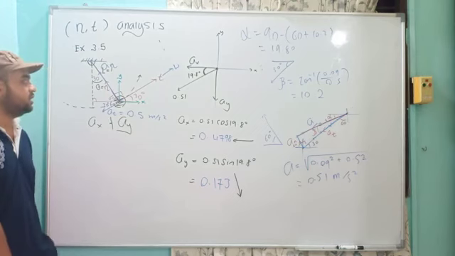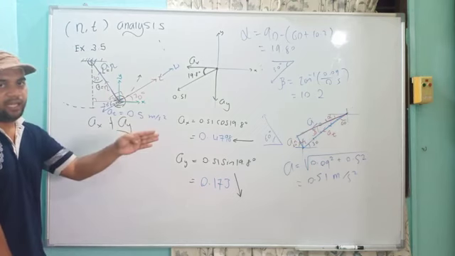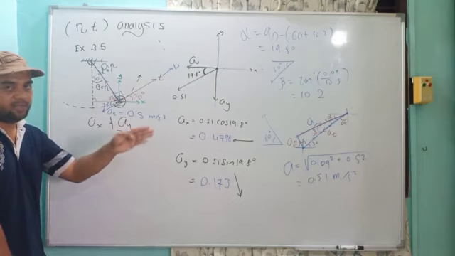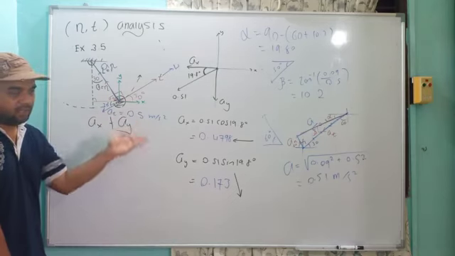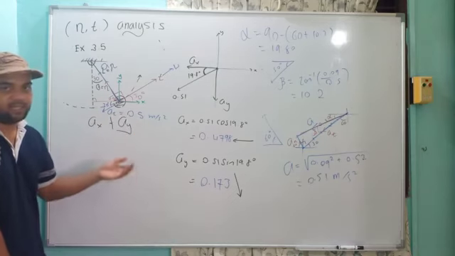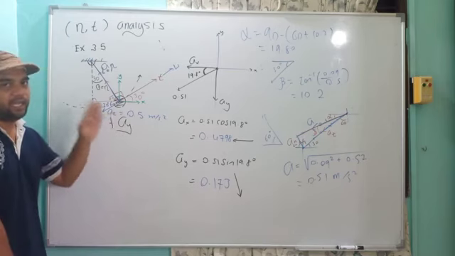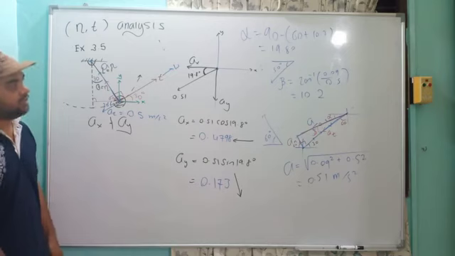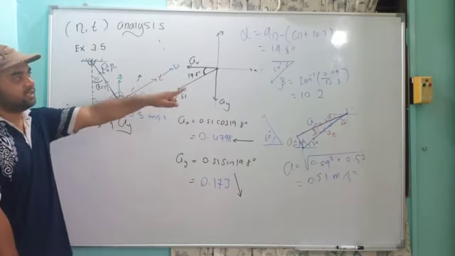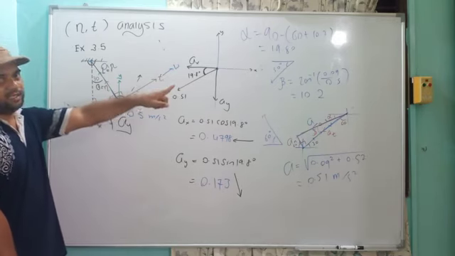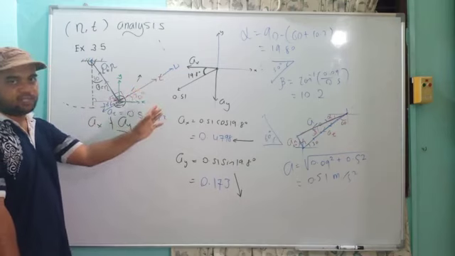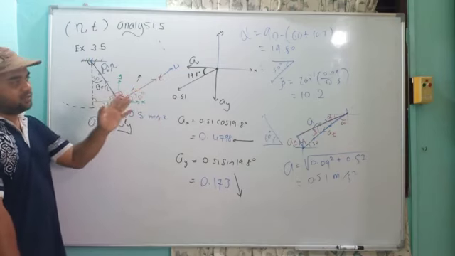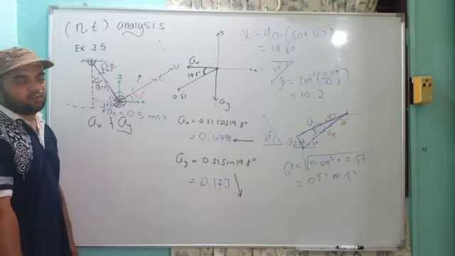We really need to understand how to draw the t-axis. The t-axis is tangent to the curve toward the direction of motion, and the normal axis is always toward the center of rotation. Then the rest, you have two equations. In tangent, it is the change in the velocity, and in normal, it is v squared divided by rho. Okay, that's all.